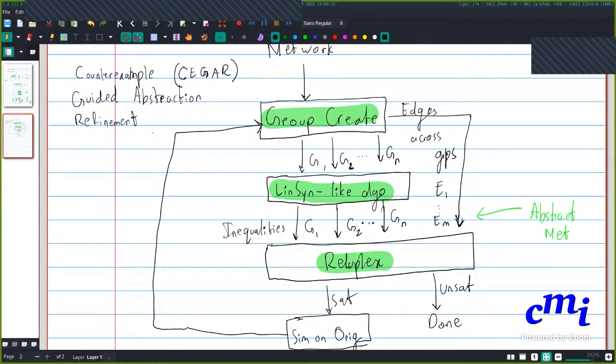Yeah, so Reluplex you don't have to implement. I think I showed Reluplex in one of the tutorials, right? Yeah, so Reluplex you can just directly use. That tutorial is called the Marabou tutorial. Yeah, Marabou. That's already there in the video. So that is off the shelf. You can just take it and use it.